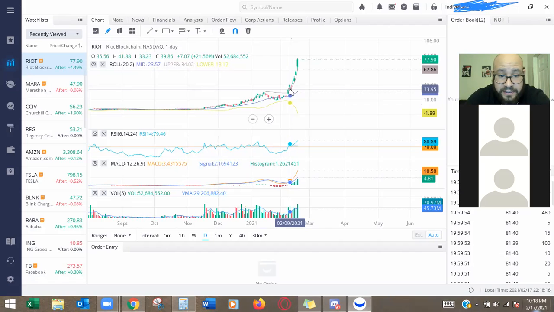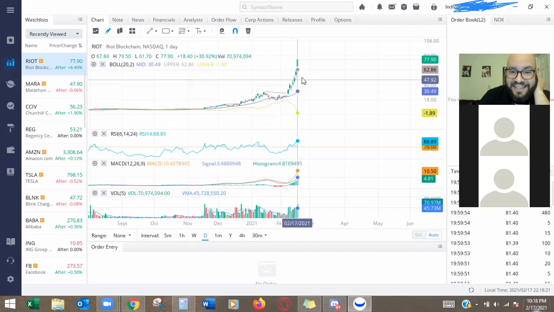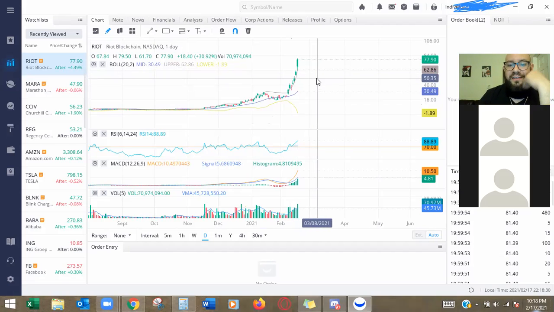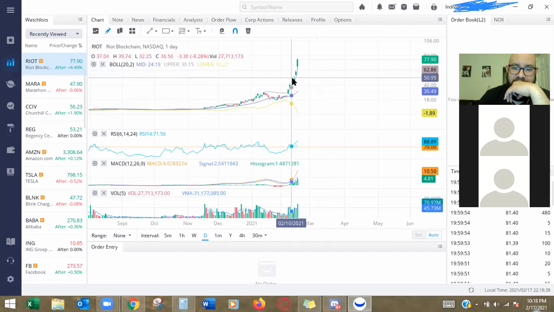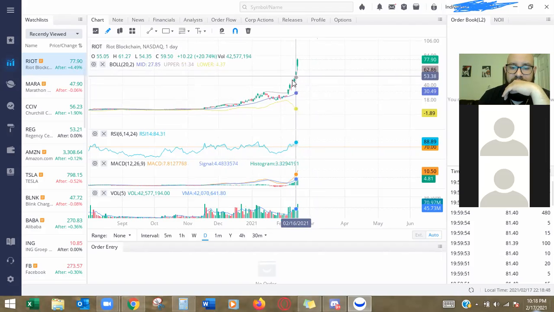But I do think that Riot's got to come down soon, at least to this point right here. It's got to come down to 55, 54, 53. I truly believe it's got to touch at least this point one time for that pullback. That's where it took off. The RSI right here at $50, the RSI reset itself and it took off from a high of